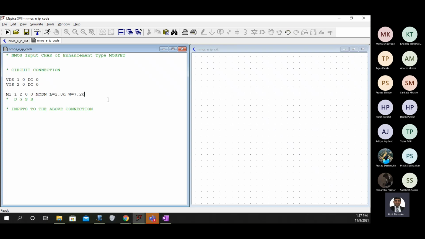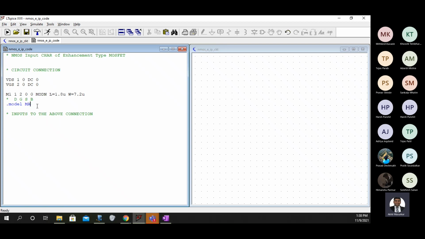Okay, but this is not enough. You have created a device, you have named it, but you have not still called it an NMOS. Here we can write dot model mod n. What is the name of this device? Mod n.